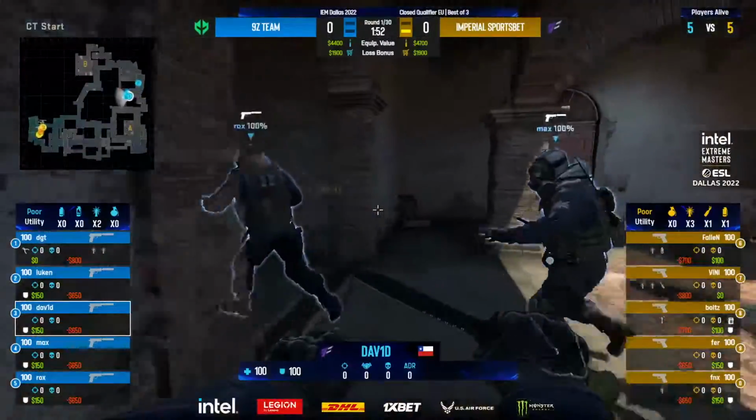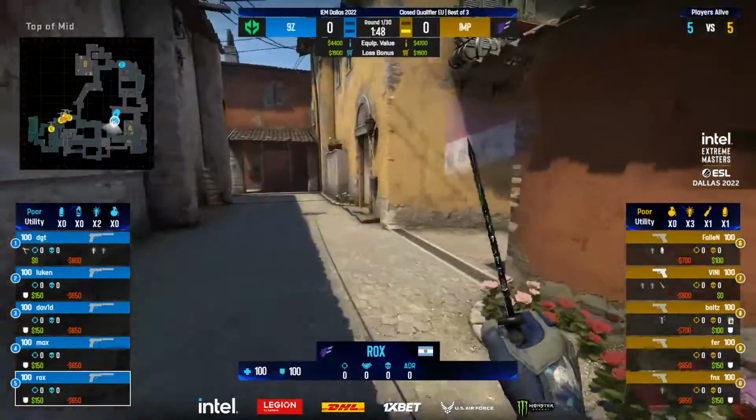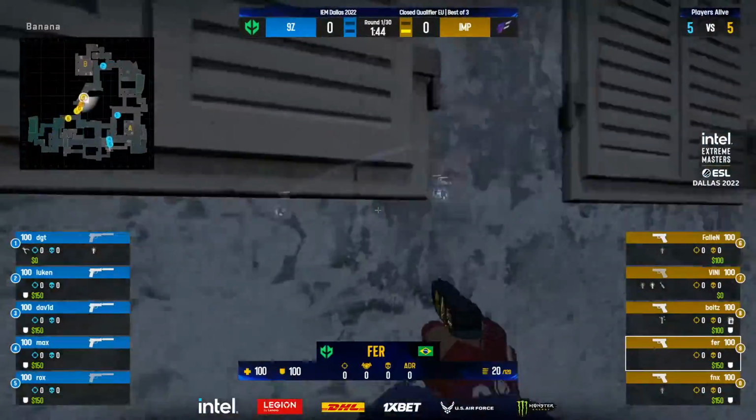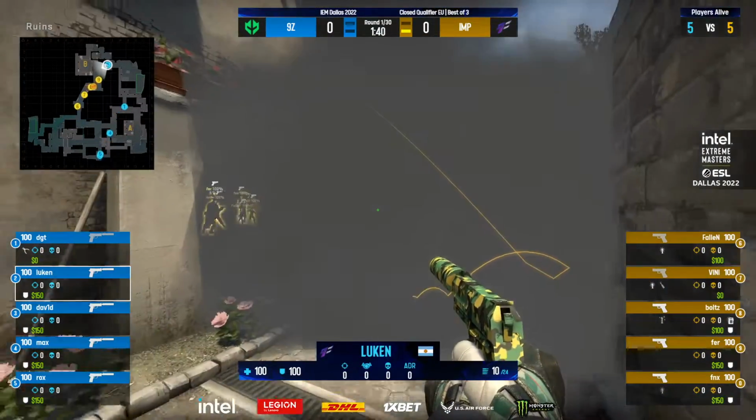And welcome back, ladies and gentlemen. Map number 2 on the card for us here. 9Z taking on Imperial, and it's Imperial after a dominant map number 1. Take 9Z's map pick, Nuke, and now, of course, Imperial head onto their own with a wealth of confidence